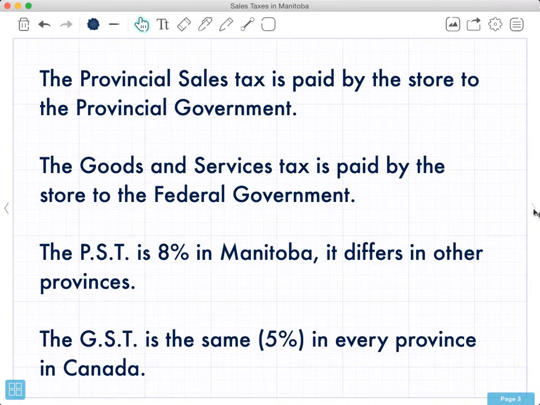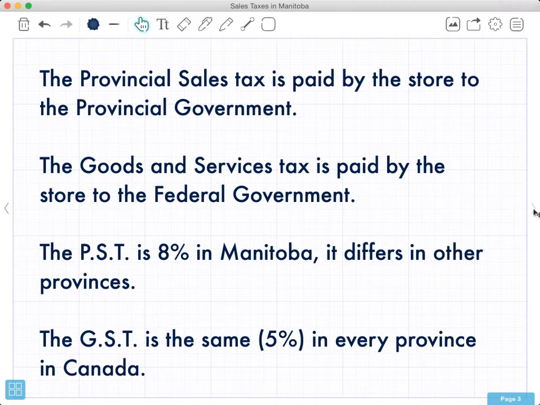The provincial sales tax is collected and then paid by the store to the provincial government, the government of Manitoba, and the goods and services tax is paid by the store to the federal government. The PST is 8% in Manitoba currently, but it differs from province to province. For example, Alberta has no provincial sales tax. The GST is the same in every province in Canada, so no matter where you are, you will be charged